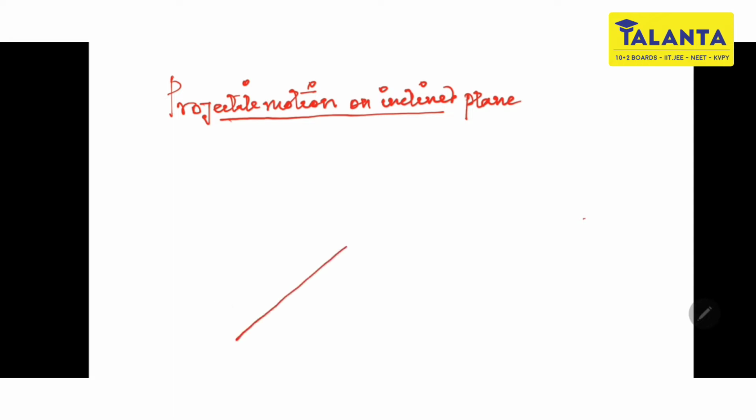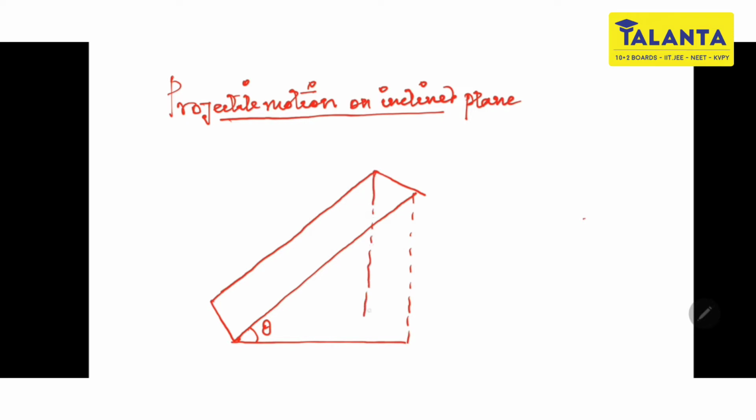তো কনসিডার, দিস ইজ অ্যান ইনক্লাইন্ড প্লেন. Consider angle of inclination here that equals to theta. And consider a body is projected from point O